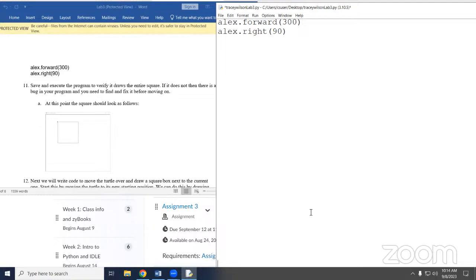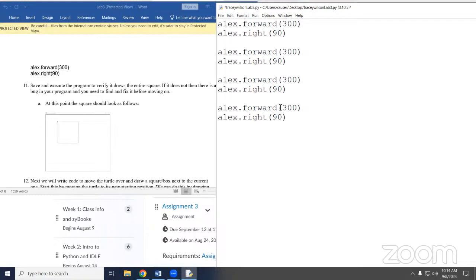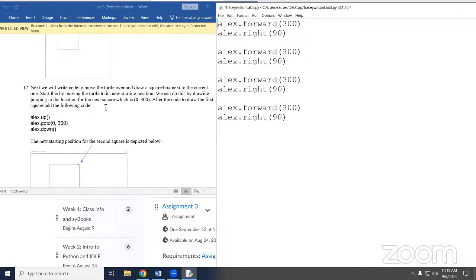So I'm trying to fix errors. Why do you need to see my screen to spell forward correctly? I'm so tired right now. I get you. I get you. All right. It feels like Monday. This week, it's felt like a week of Mondays. So I feel you. All right.